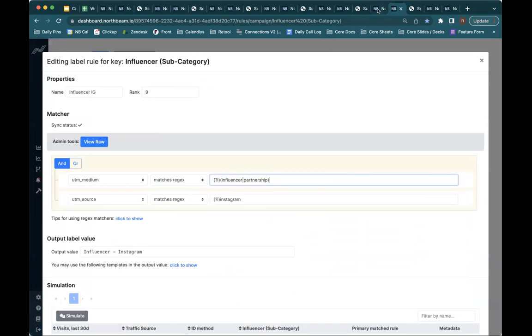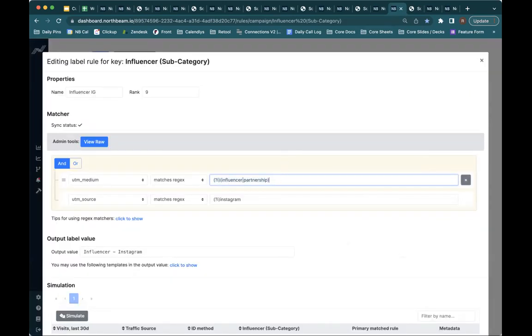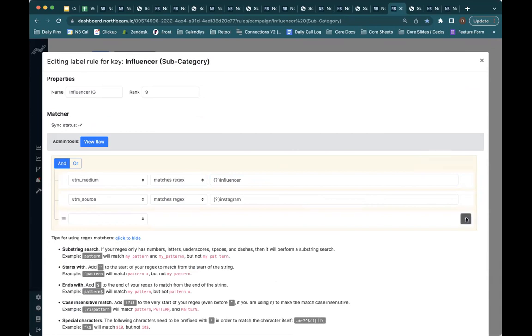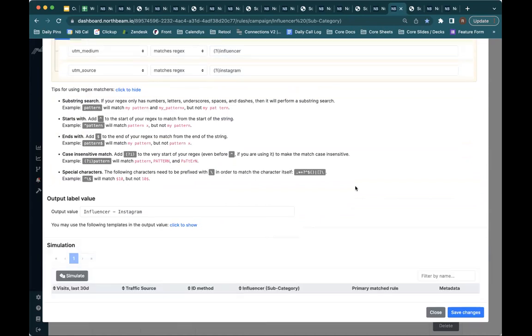So for them, I see that medium is influencer and source is Instagram. So what I'm doing is I'm going case insensitive, equals influencer. I'm using the and here. And then I have written in here Instagram. And so what'll happen on this one is if I